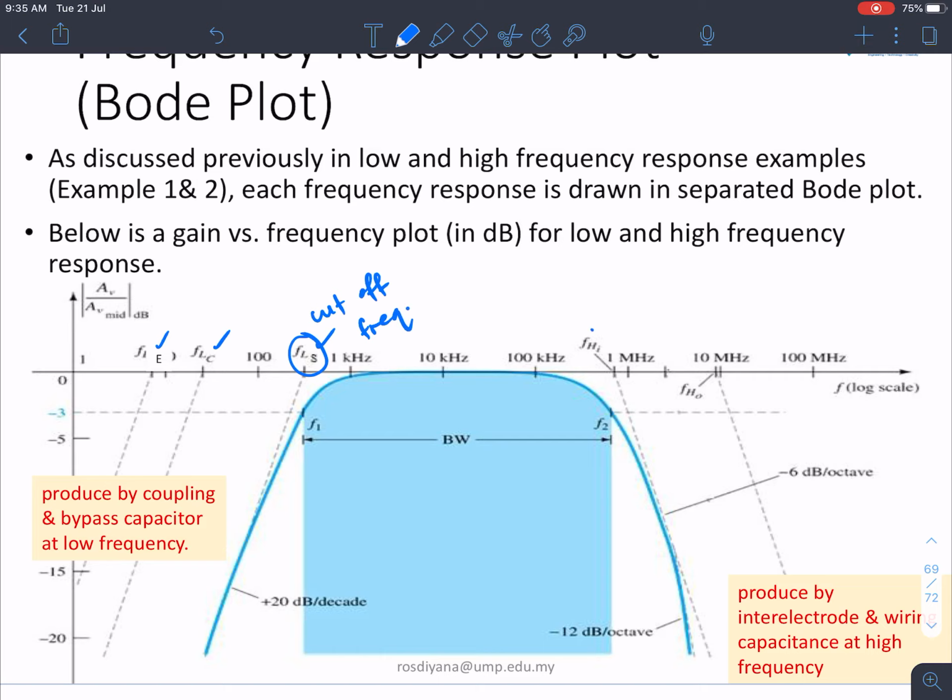And this is the FH in and FH out. So FH in is the cut-off frequency for the high. So we say this is FH and this is FL. So this is the frequency now. Okay, so we get the bandwidth now, which is F2 minus F1. So you get the bandwidth, and now you can see the